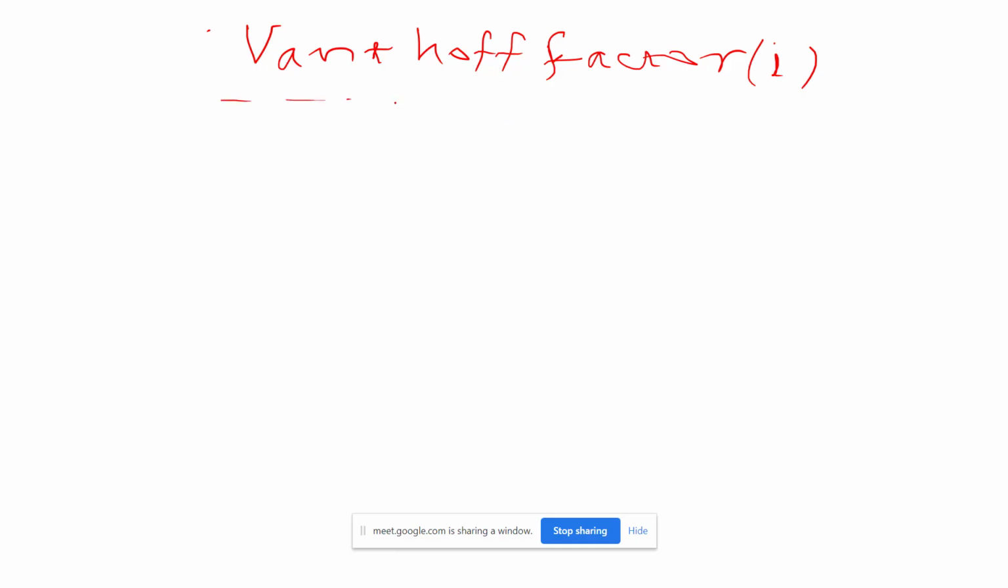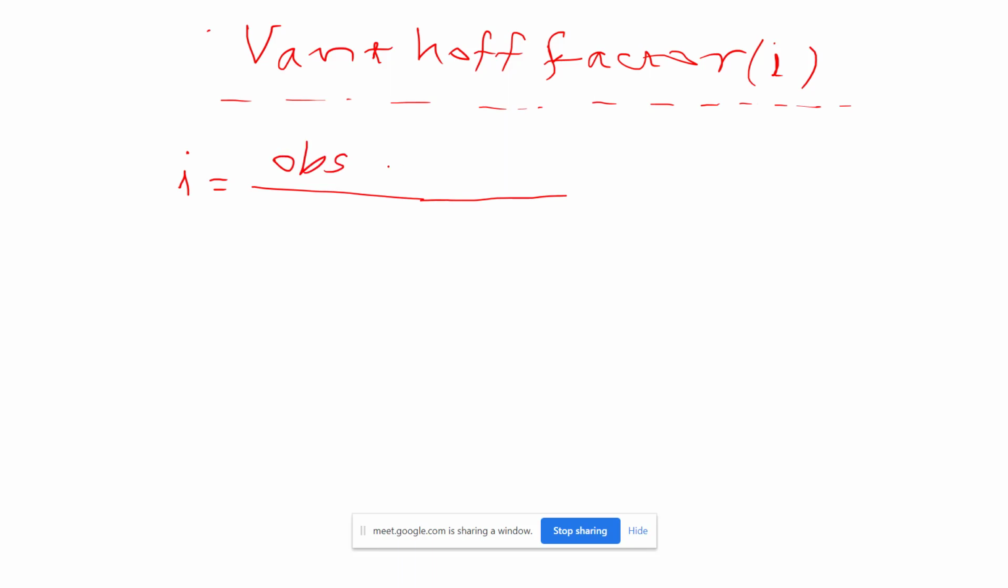It is the measurement of abnormal values of colligative properties. So what is the van't Hoff factor actually, how do we calculate it, and where is it applicable? All these things we will discuss here. First of all, its definition. The van't Hoff factor is actually the ratio of